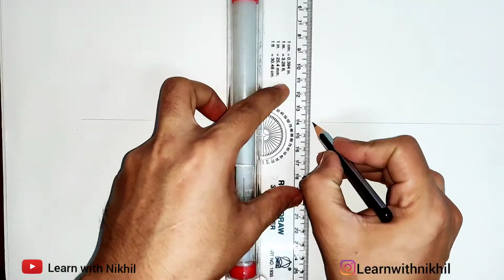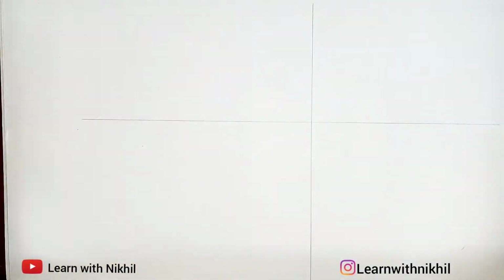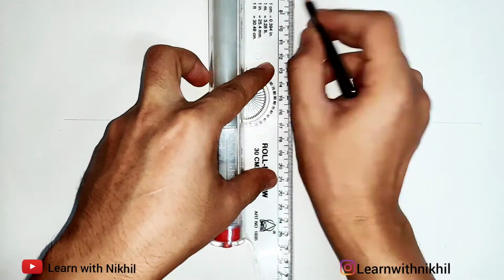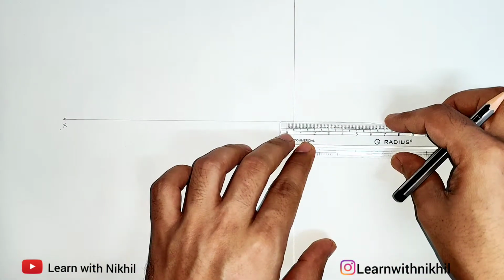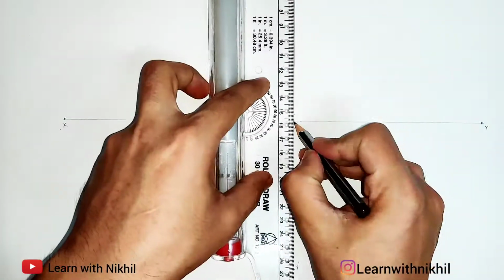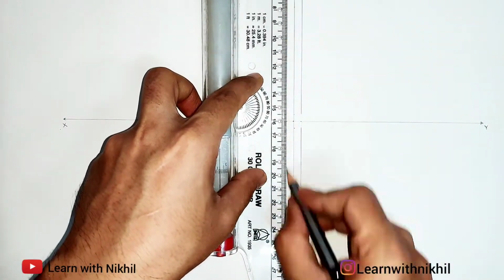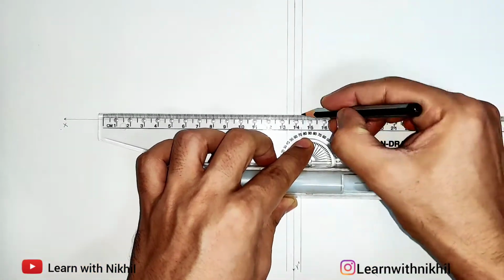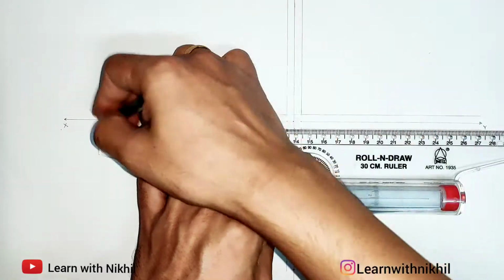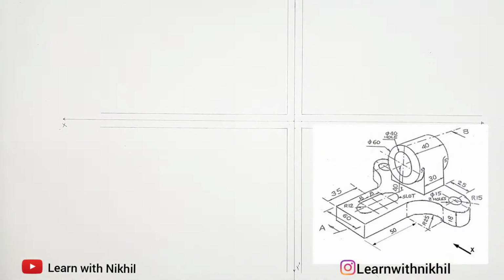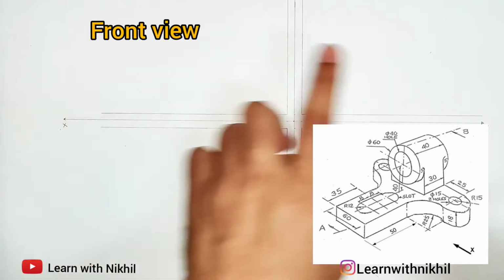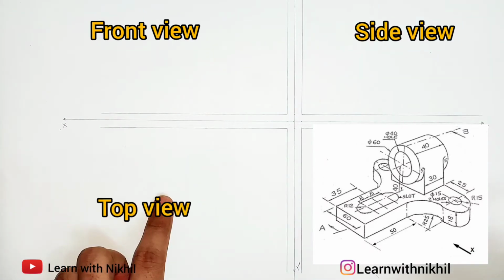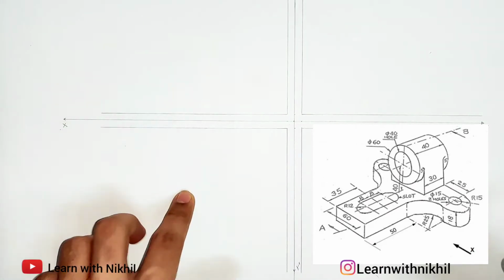Now as we have got the total dimensions, you can draw the axis. You know the measurements and how to draw the axis, so you can draw it properly and leave the space. As you know, for the front view you require 110 millimeters, for top view you require 88, and in the side view you require a width of 140. So here will be the front view, here will be the side view, and here will be the top view.